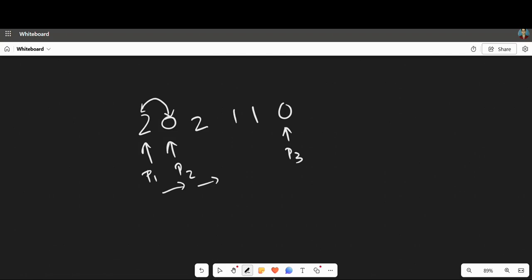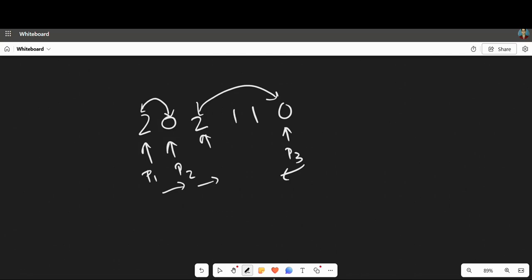Then when we encounter a 2 value, then we know that it should be in the p3's place, so we swap p2 with p3. We do not swap the actual pointer, we swap the value stored at the array, and then decrement p3 also. And if we encounter a 1, then we don't need to swap it anyway, we just increment p2. So that's quite simple.